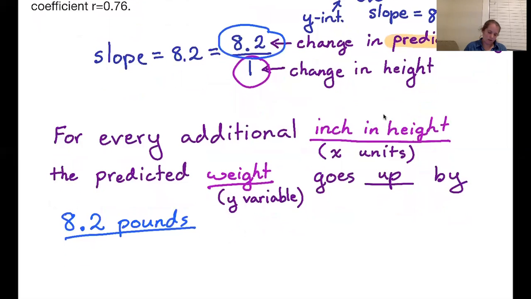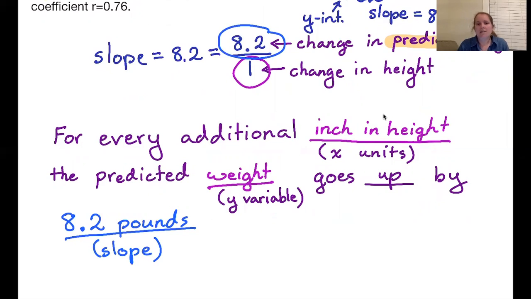So this is our slope, or our rise, if we don't have a 1 in the bottom. So for every additional inch in height, the predicted weight goes up by 8.2 pounds. This is the generic sentence. If we do one more,